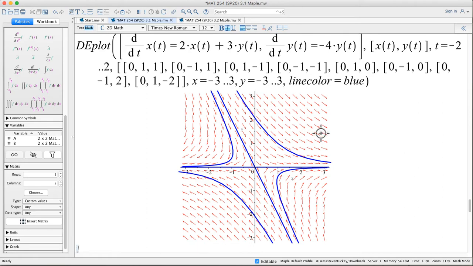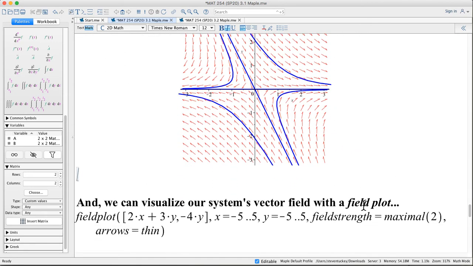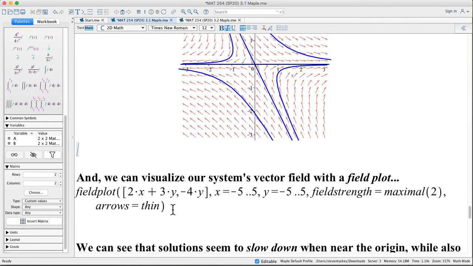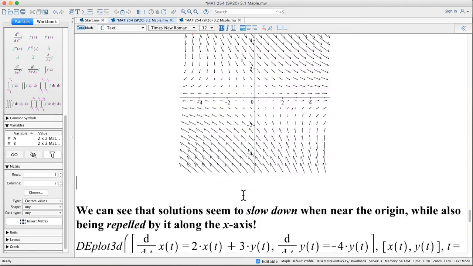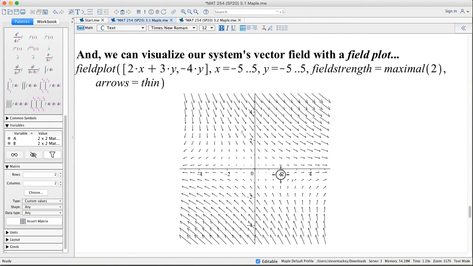Remember, that's just giving us kind of the direction field, not the vector field, just the directions. But by adding initial conditions, we can get a sense of what any solution curve would look like on the phase plane. And we can also visualize our system using a vector field if we want to know not just what direction things are going, but how quickly the solution curves are moving. And so this graph, this is our vector field,